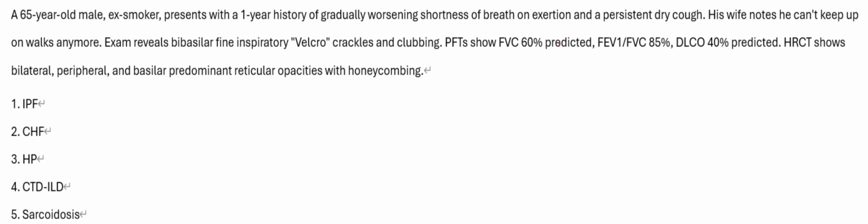The key takeaway is to suspect ILD in a patient with progressive dyspnea, dry cough, and velcro crackles. Pulmonary function tests show a restrictive pattern with low diffusing capacity of the lung for carbon monoxide, and high resolution computed tomography,